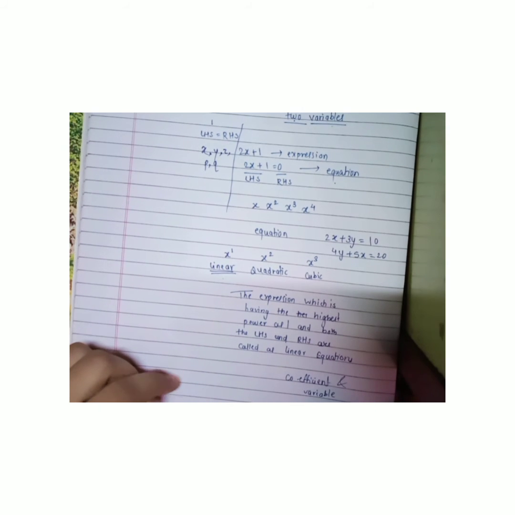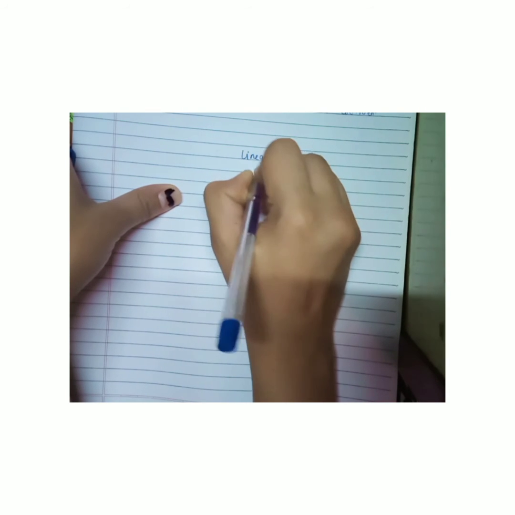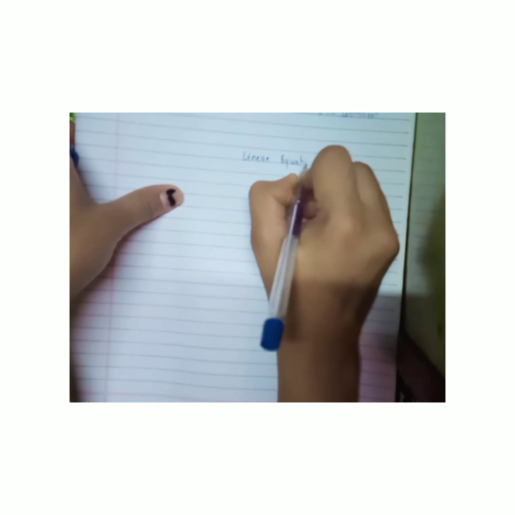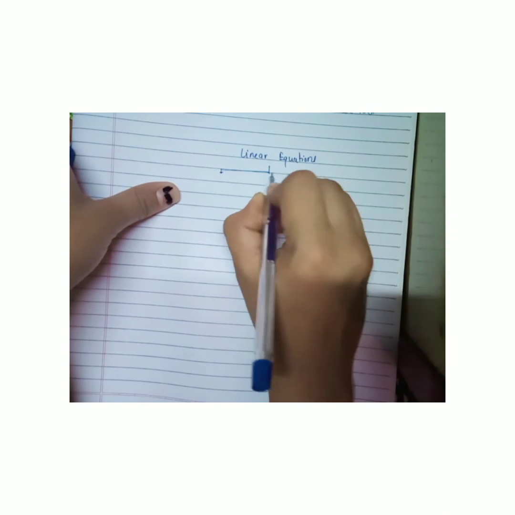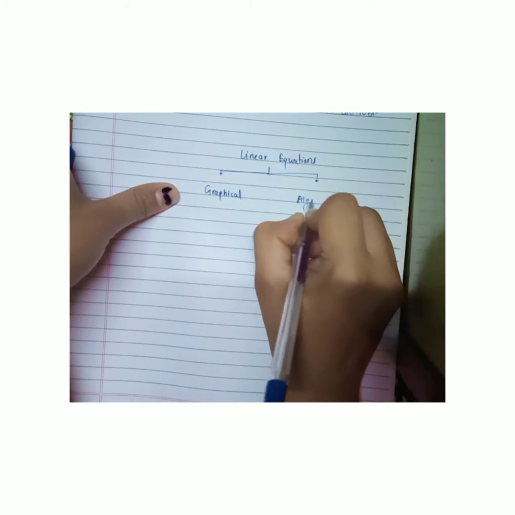Now, last year we had seen the ways to solve the linear equations. There are two ways to solve the linear equations. First is graphical and second is algebraical. So we had seen last year what are graphical, or even this year we are going to see how to solve linear equations using graphical method. In graphical method, if two linear equations are given, we have to draw the graph of both the equations, and the point of intersection is the value of x and y in that equation.